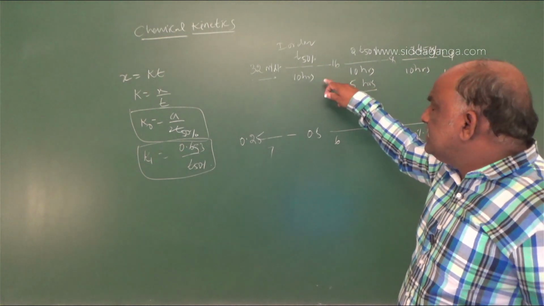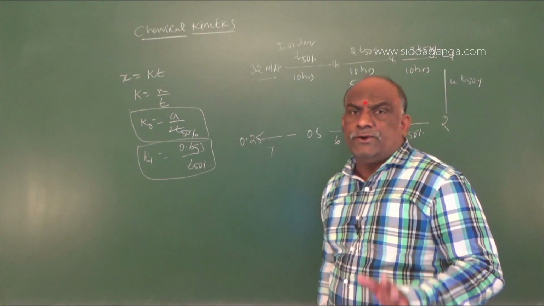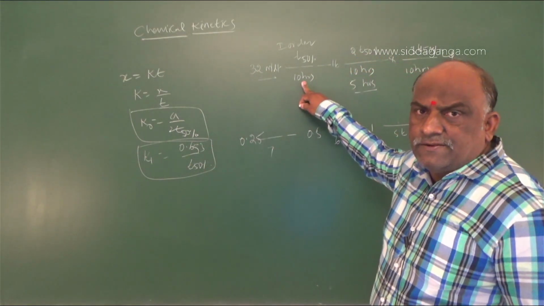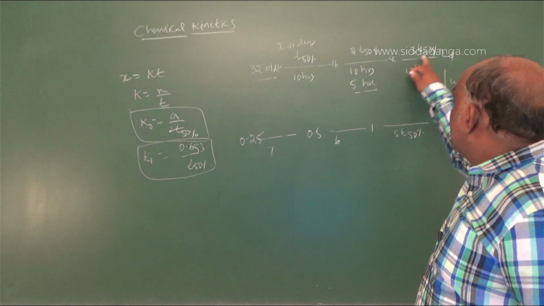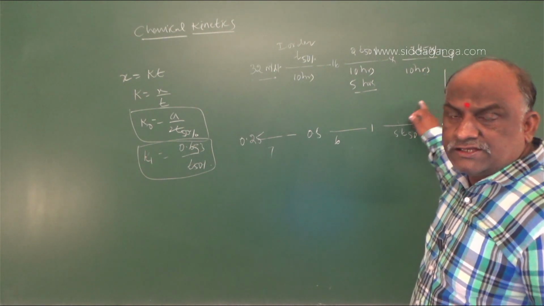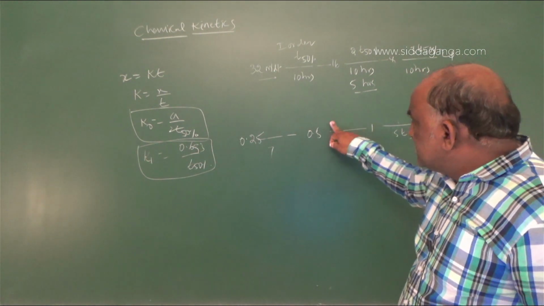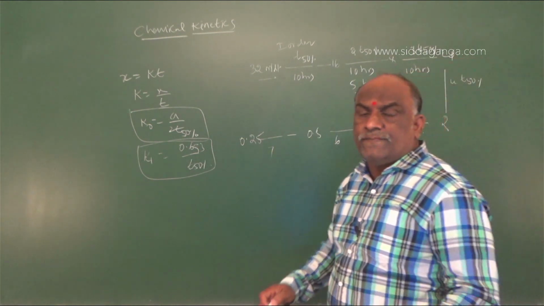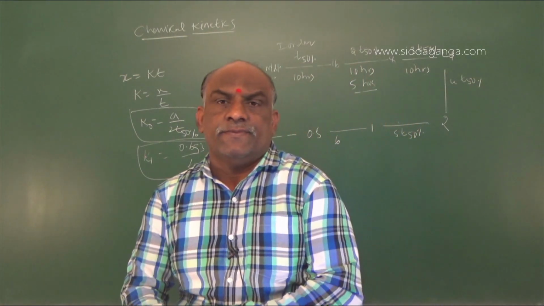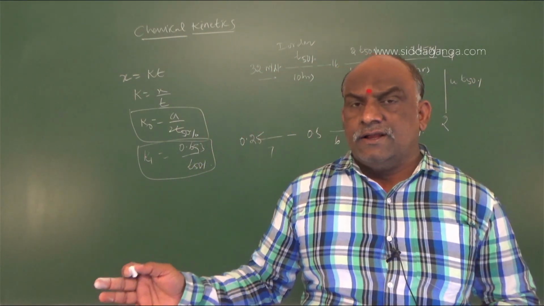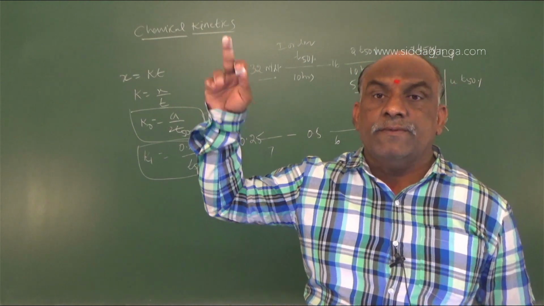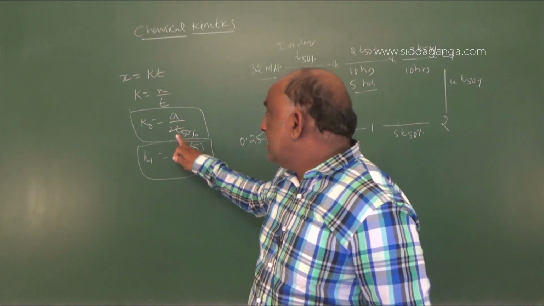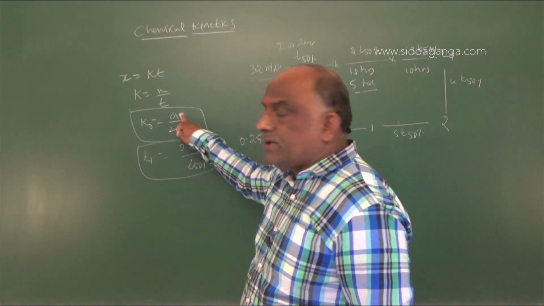If you find this one, then it is easy to calculate numericals based on this. First conversion takes 10 hours. Second conversion 5 hours. Third conversion 2.5 hours. Fourth conversion 2.5 hours by 2. Next, 2.5 hours by 4, 2.5 hours by 8. Because as concentration decreases, the time period also decreases. As concentration increases, the time period also increases. Because K naught is directly proportional to A, and T is also directly proportional to A.